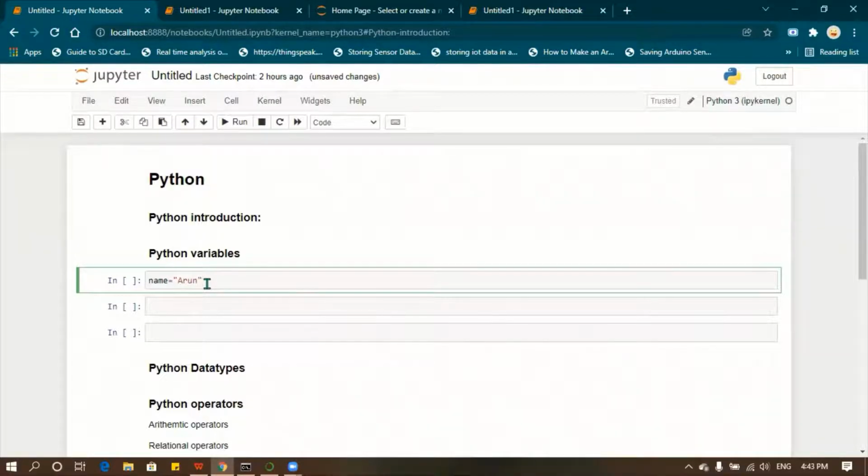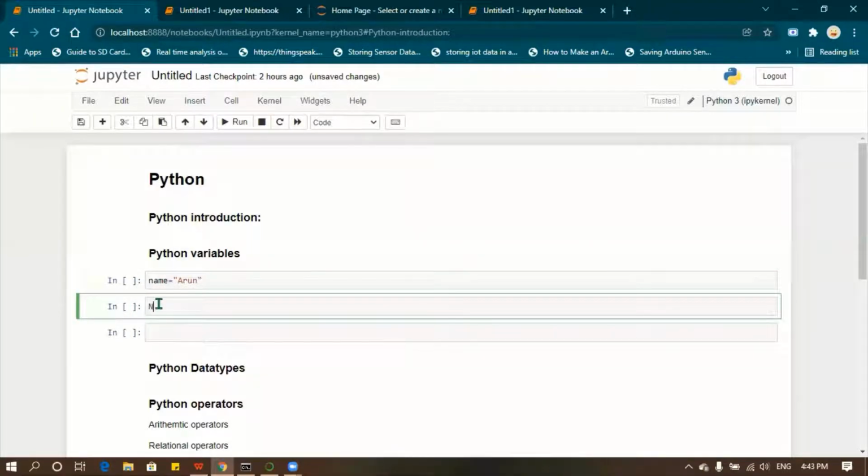So this is how you have to use variables in Python, and there are certain rules to work on variables in Python. Here I'm having the name Arun, and here again name equal to Arun. What's the difference? Here it is all in small letters, here the first letter is capitalized.